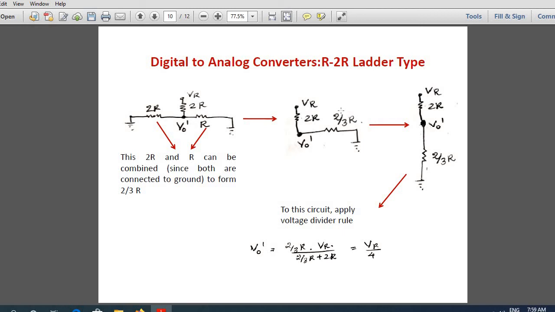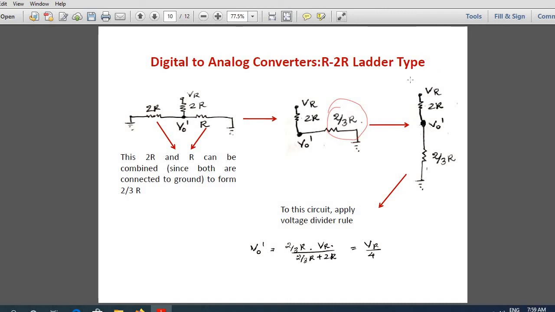I hope you know how to calculate the effective resistance of two resistance values in parallel. You can go on and calculate, and you will find that it is 2/3 R. Now the circuit, if you straighten it, is of this form. If you apply the voltage divider rule, I hope you know what the voltage divider rule is, you can see that V0 dash is